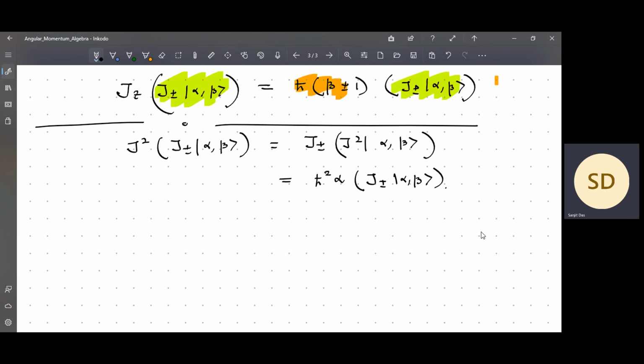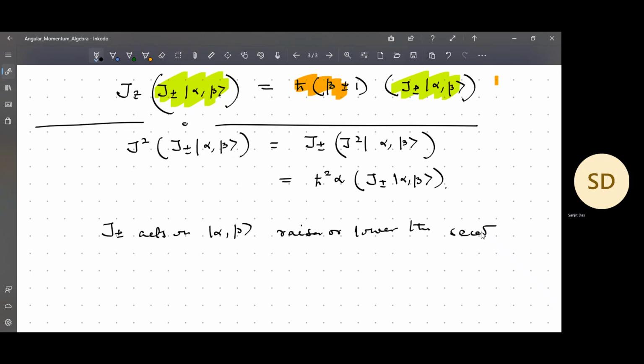That is the takeaway. J plus minus acts on alpha beta and raises or lowers the second quantum number